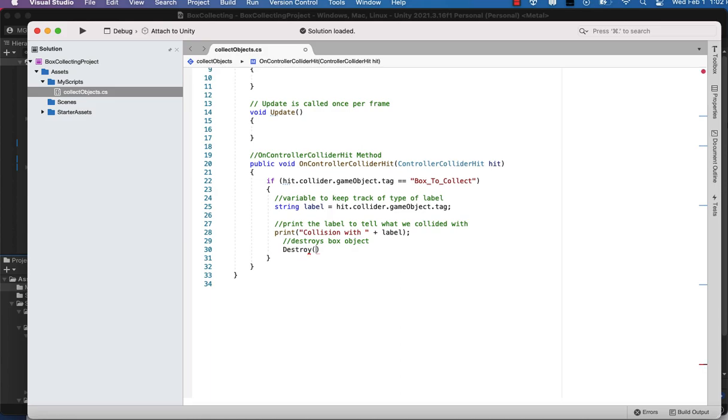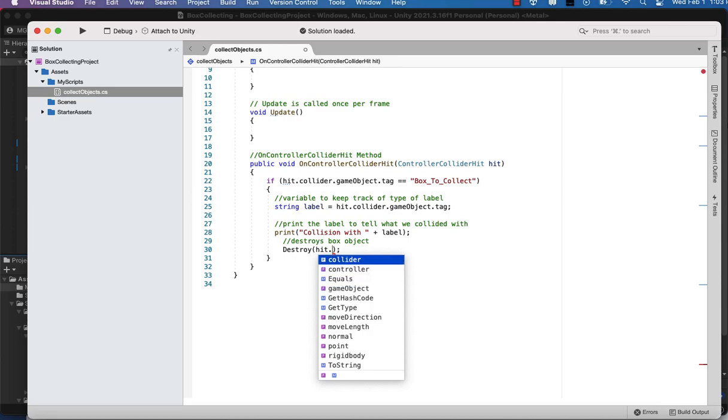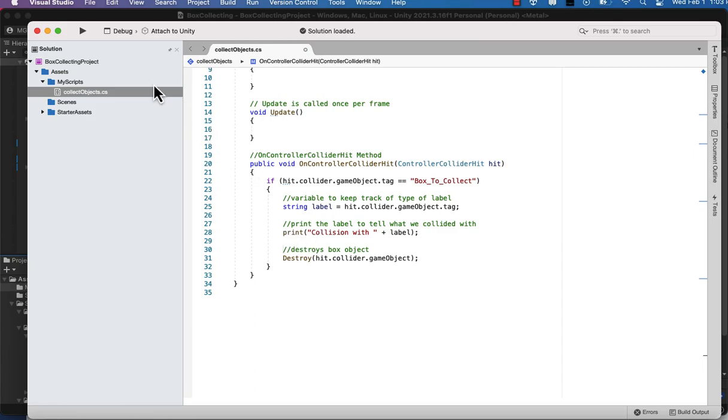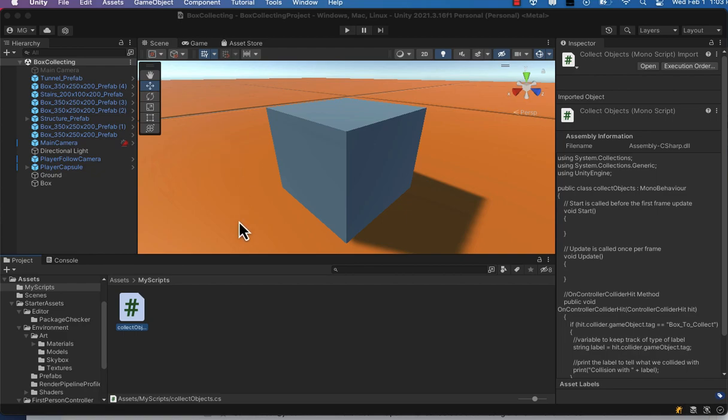So we're going to start with the keyword destroy, and then we've got hit.collider.gameObject. We're going to go ahead and save this, and then we'll head back to Unity